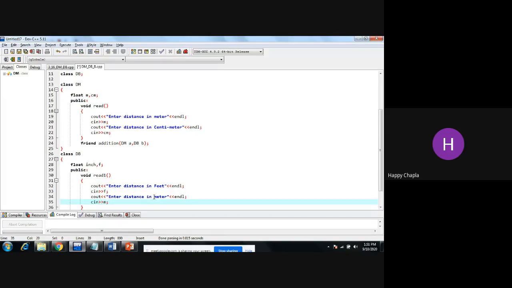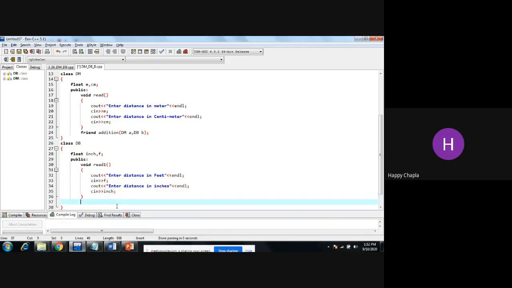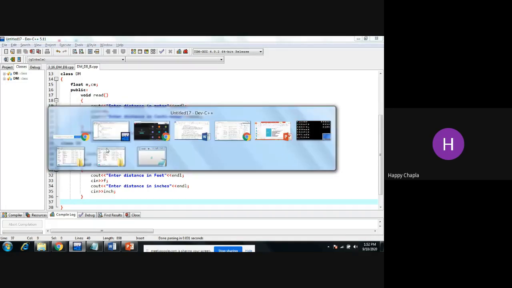Then inches, and inch. Now give one more friend function in this class so that it can add and it can access this meter and centimeter also. Yes, just try to implement that over here.